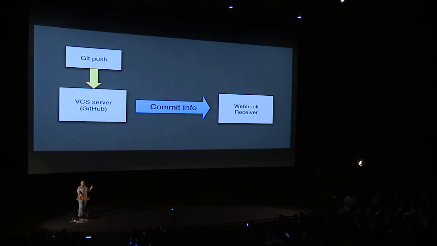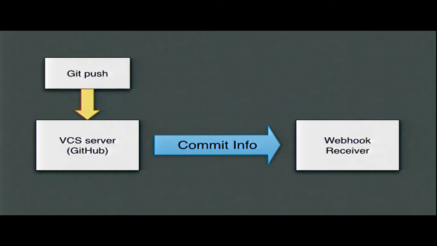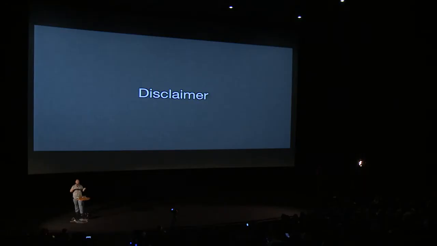So for example, you have a git push, and it will push a bunch of commit info to your webhook receiver. And I want to interrupt briefly and say a disclaimer, because although I'm about to talk a lot about GitHub, because it's the API I know and like quite a bit, this stuff is not specific to GitHub. Stash, Bitbucket, Gerrit, 3 or 4 more that I heard about this week, all have the concept of webhooks and